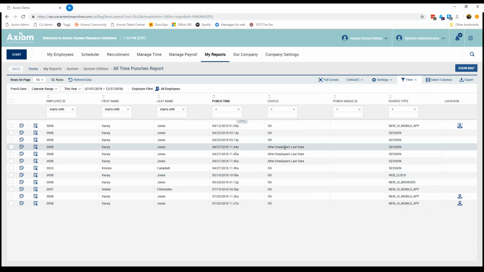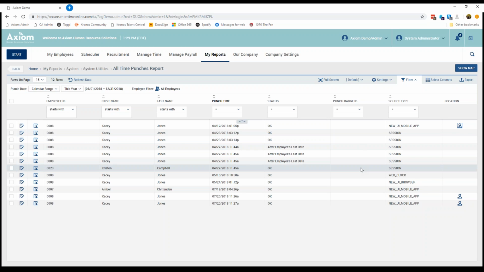We also see here that at one point Casey was terminated and she was making punches after her last day, so we'll see that listed too. And then another cool thing is that if you have time clocks